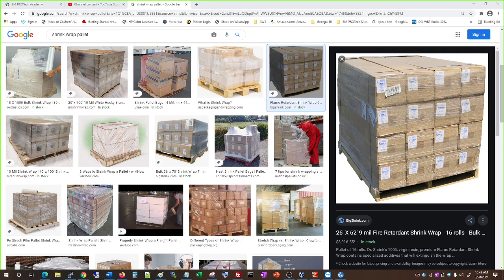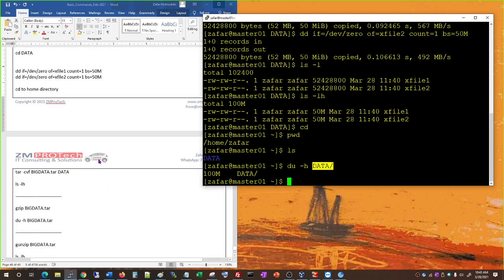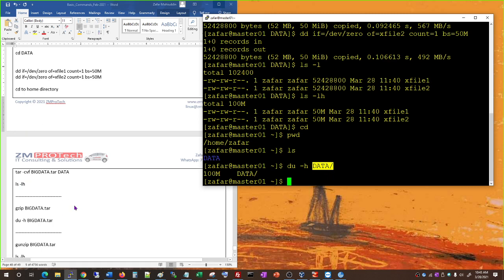Okay, I'm back. Yeah, let me go back to the Putty screen. So we have a data folder. When we were inside the data folder, we have file 1, file 2. It could be many files in here. Now we need to wrap this data around and make it one file here. So that after that we could squeeze it. That means we could compress it. Okay, so for us to do that, what we're going to do is